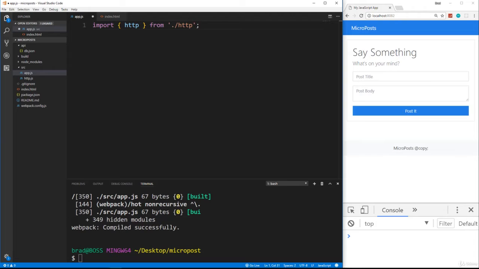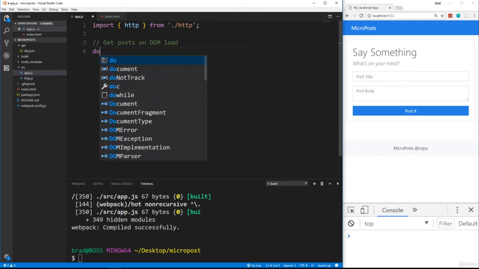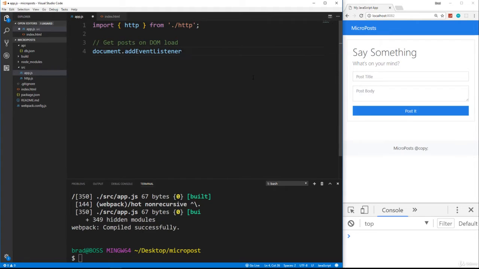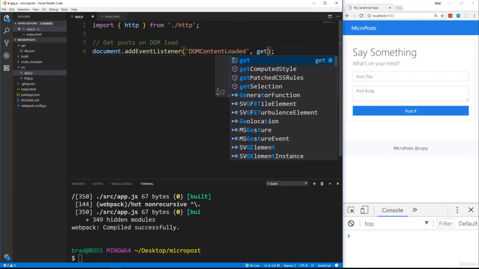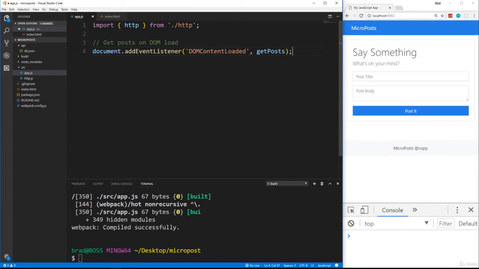So in the app.js, I'm going to say get posts on DOM load. So I'm going to add an event here by saying document.addEventListener, and we want to listen for DOMContentLoaded, and then we want a function called getPosts. Okay, so now we'll go down here and we'll say function getPosts, and then this is where we want to use our HTTP module. So let's say